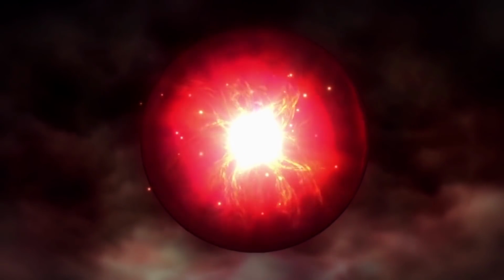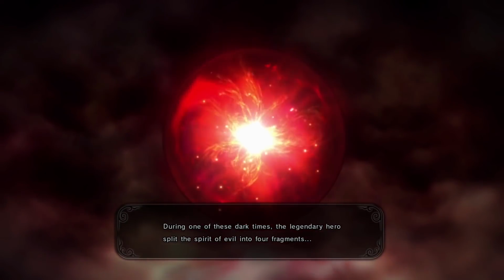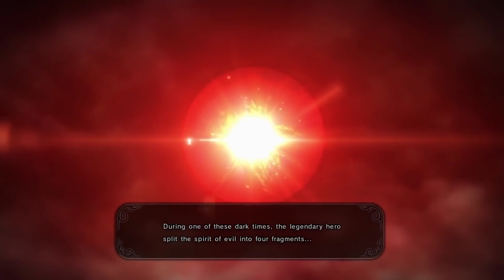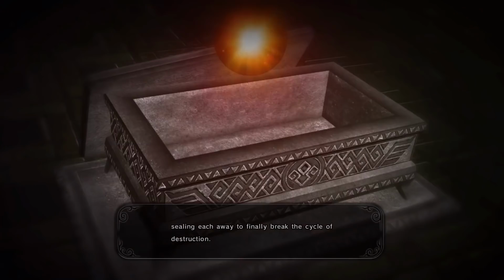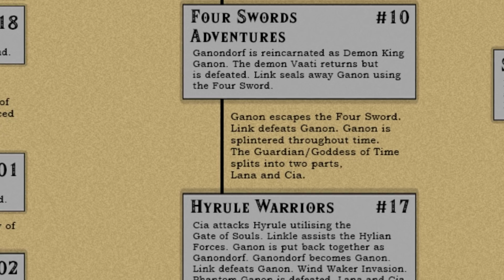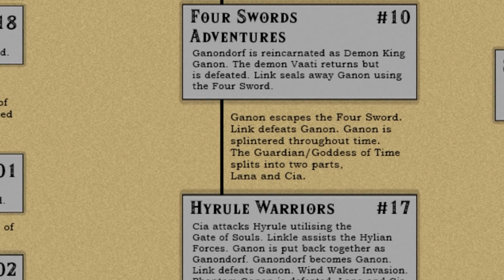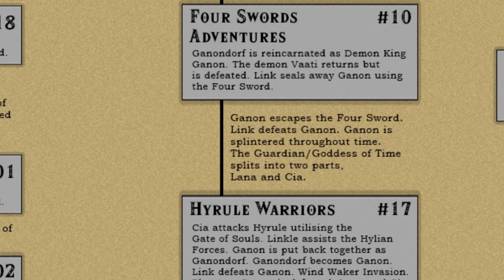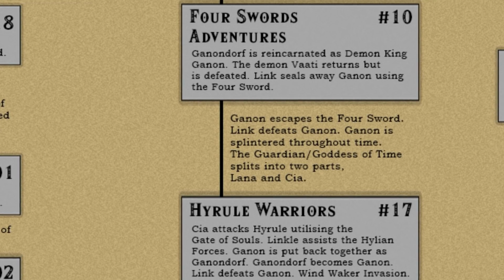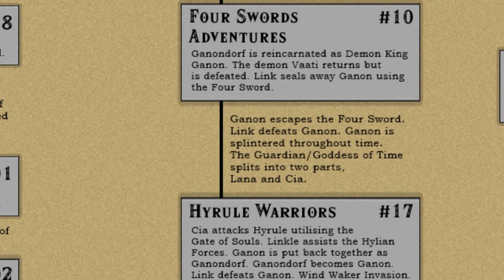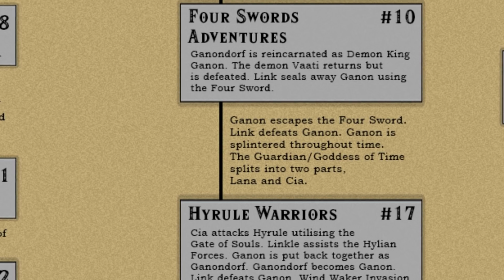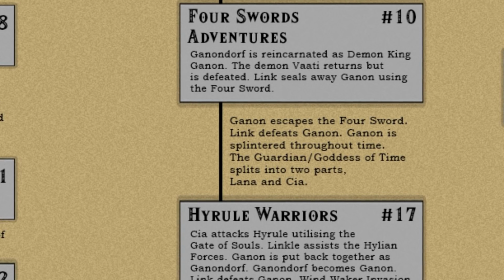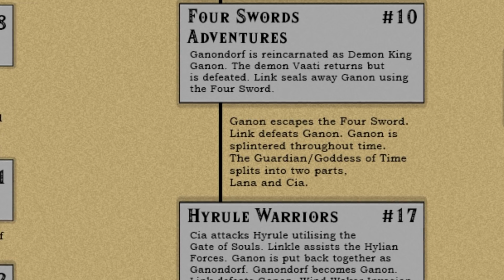Was there a battle between a chosen hero and Ganondorf? Did the goddess/guardian of time assist in sealing Ganondorf throughout time? A gap between dimensions? Who knows? This would have happened after Four Sword Adventures, so Ganon would have had to have escaped the Four Swords somehow, so something happens here, a battle of some kind. The Four Swords splits Link into 4 counterparts, so maybe the Four Sword did it to Ganondorf too, perhaps in a vanquishing evil way.